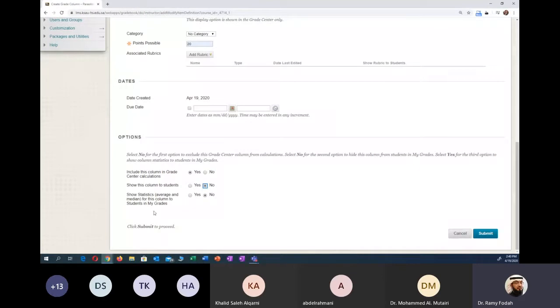This one I don't use. Show statistics, average, median of this column to students. If you want to calculate average and median, you can click yes, and it's going to do this kind of statistical analysis for you. But I usually keep it on no. So if I click submit,